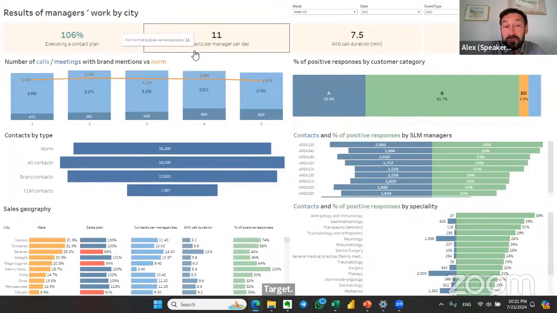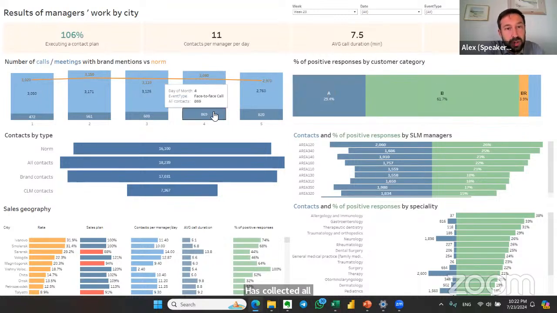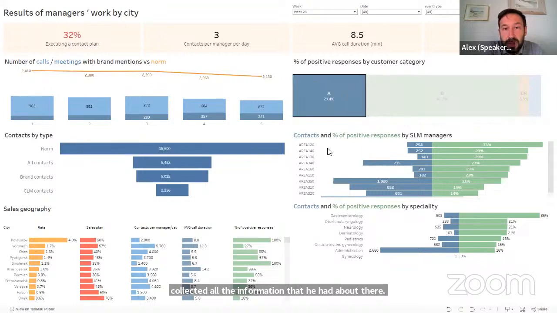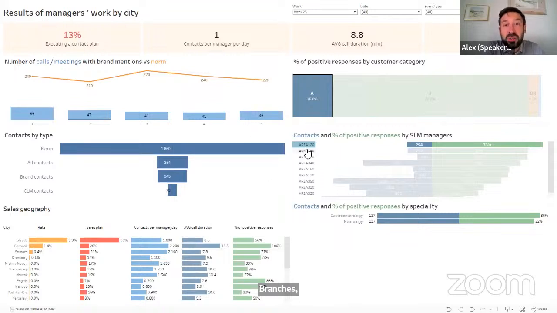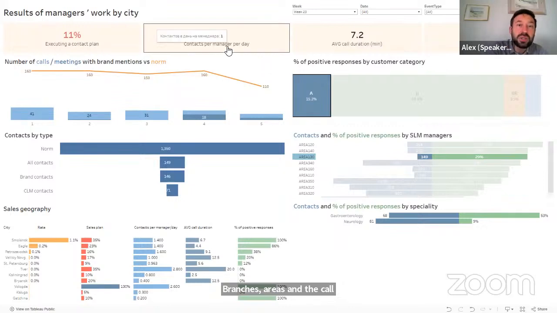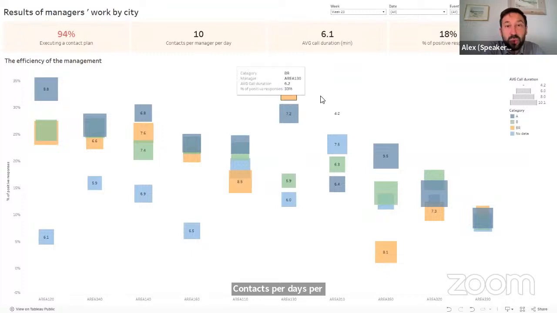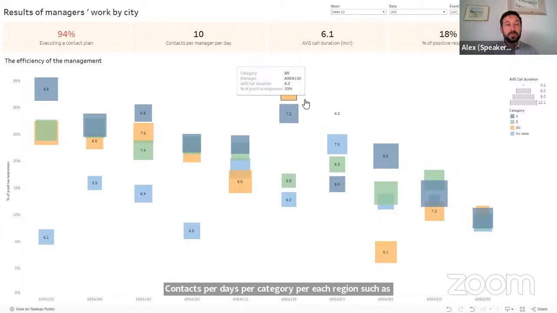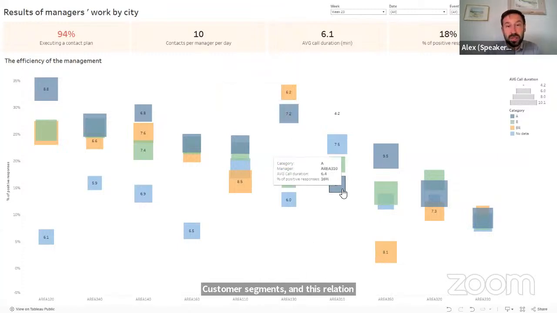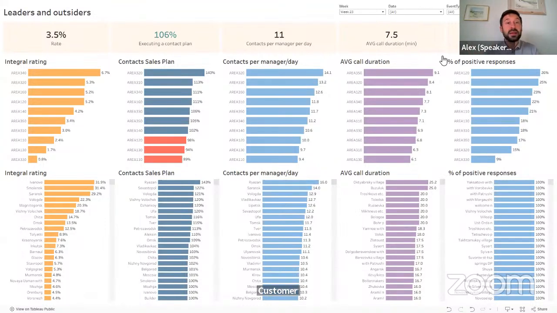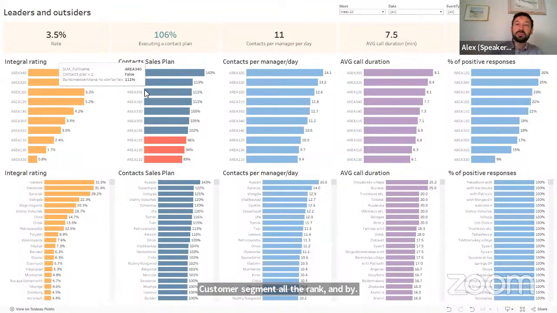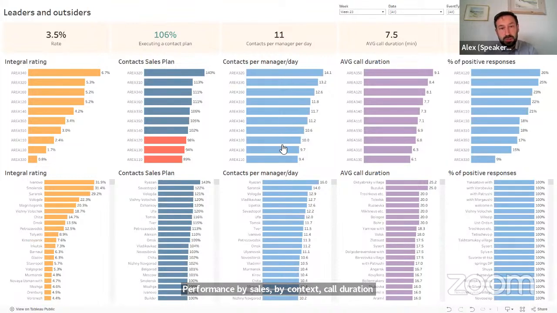The data analyst has collected all the information that he had about their customer segments, branches, areas, and the call center information about call duration, positive responses, contacts per day, per category, per each region, such as segmentation of customer segments and the correlation between sales team, salesperson, and customer segment, all the rankings by performance, by sales, by contacts, call duration, positive responses, by all the sales force, by each region, branch, and finally presented this dashboard to the regional director.